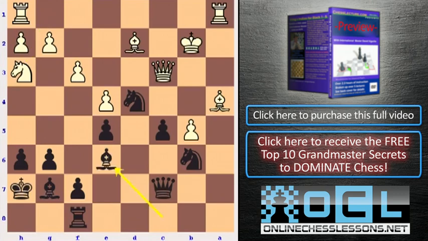And I'm continuing with simple development of my pieces, bishop e6, preparing knight c4 and rook a8. Now Irina was on top of everything else in time trouble, but her position is already so bad it's hard to defend. She plays rook e1, and now I finish the game off in style with the rook a8, hitting